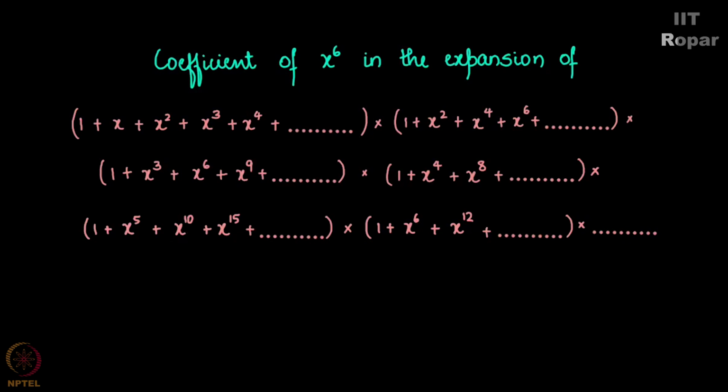As we have seen earlier, there is a 1-1 correspondence between the partitions and the coefficient of x to the 6 in these polynomials. So, I'm going to use the yardstick of partitions here. Consider this partition of 6, all ones. Now, how do we obtain the x to the 6 term of this partition? We have all ones.